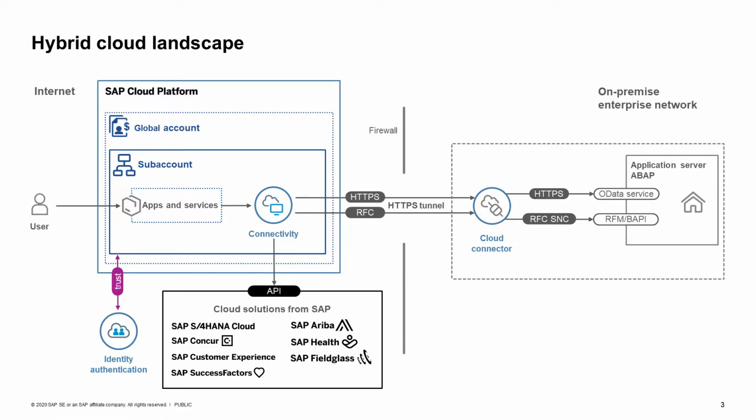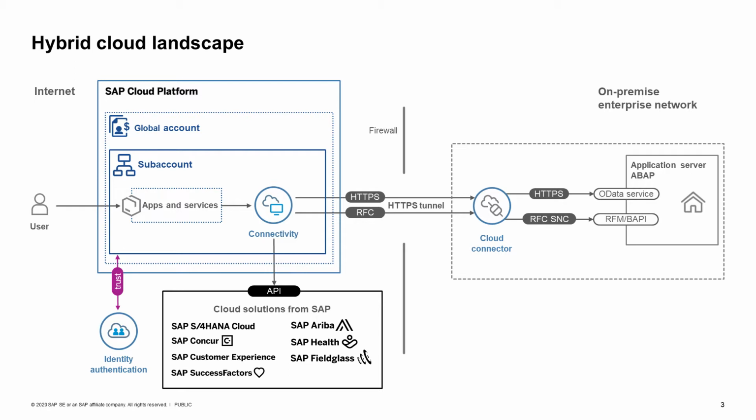This session will focus on security in a hybrid cloud landscape, and how such a typical landscape could look is depicted on this slide. On the upper left side in this diagram, we have the SAP Cloud Platform, which is an enterprise platform as a service offering that provides comprehensive application development services and capabilities, which lets you build, extend, and integrate business applications